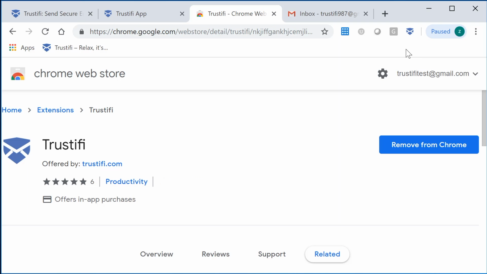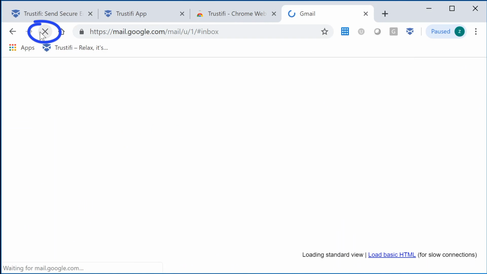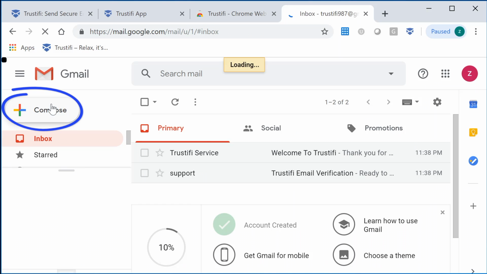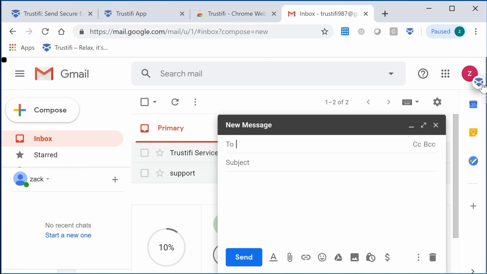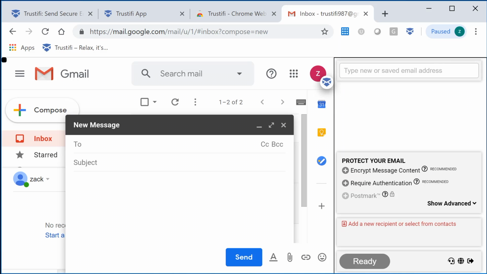Next, what we're going to do is go to our Gmail account, refresh our account, and compose a new email. As we see on the right-hand side of the screen, the Trustifi icon has now been added, and if we click on it, we can now sign in with those same user credentials and begin to send out Trustifi encrypted